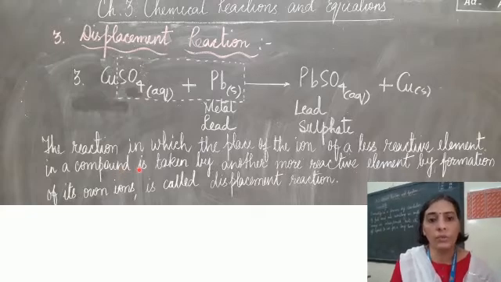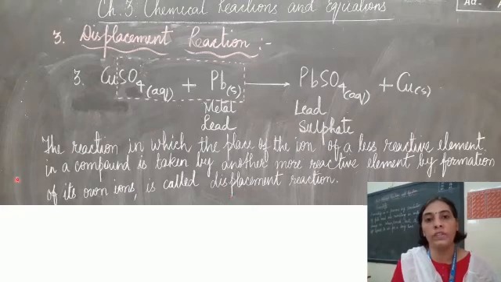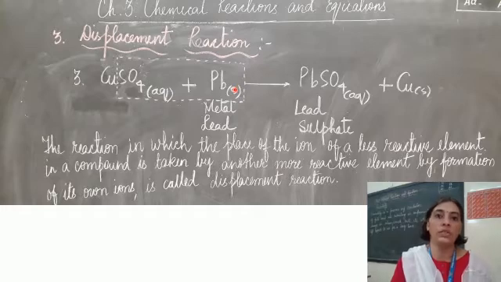So who is taking its position? It is taken by another more reactive element. The other more reactive element here is lead, by formation of its own ions. So lead forms its ions, enters the aqueous solution, forms lead sulfate and displaces copper, and that is called a displacement reaction. So with this we come to the end of this third type of reaction, that is displacement reaction,